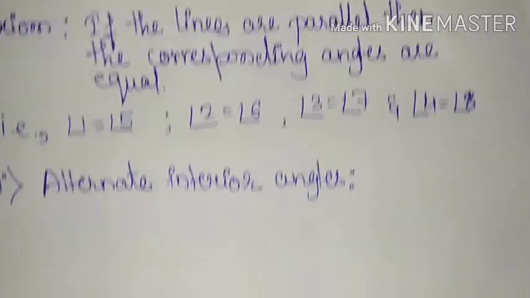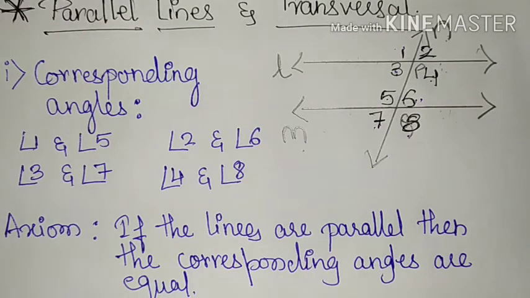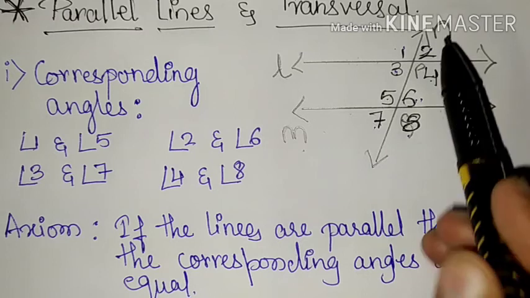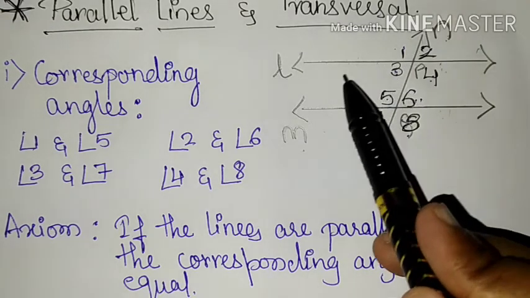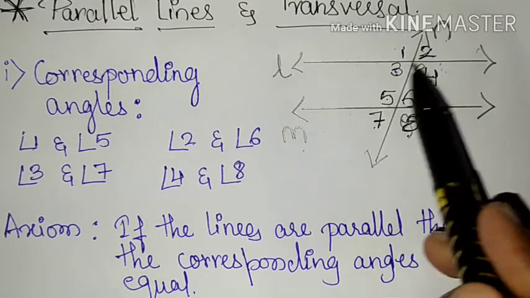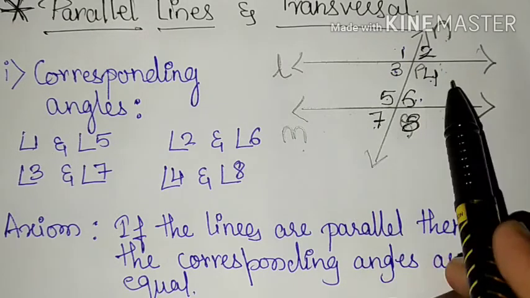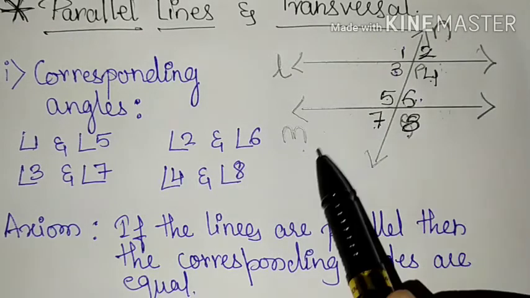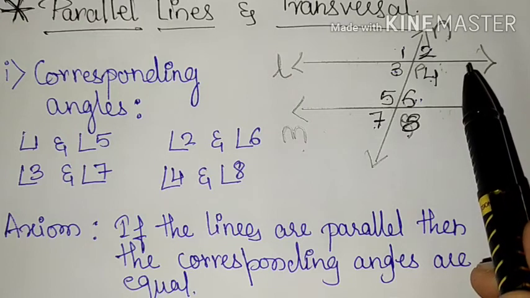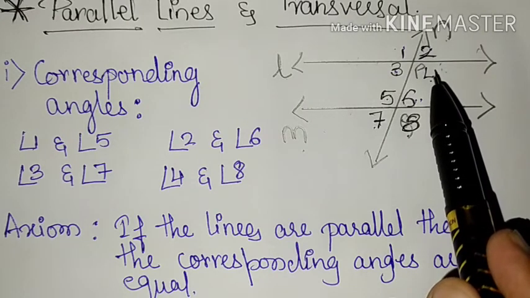Look at the figure. The angles on the opposite ends of the transversal are known as alternate interior angles. So this is our transversal. Now interior part means the one which lies between the two parallel lines. This is known as the interior part. This is the exterior and this is also the exterior part. Since the angles lie on the interior side of the parallel lines, they are known as alternate interior